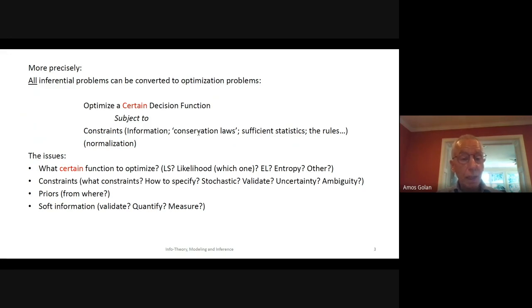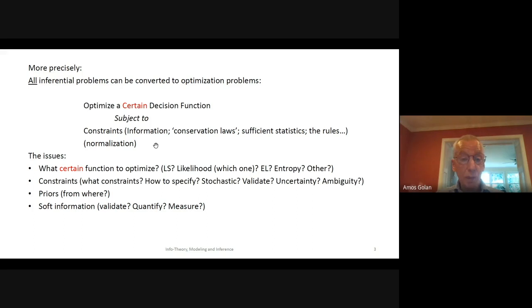Now, the constraints are really hard to specify, and it's problem specific, but now I'm going to talk about it in more general terms, and then we move into some specific examples. So those are the constraints. Of course, if we deal with a probability distribution, we have to have normalization. Now, the idea here is that just using this information, this will still be underdetermined. So we have to have a certain function or decision function, or economists will call it utility function or preferences. However, it is this decision function that will choose one of the infinitely many possible solutions that are consistent with the information that we have.